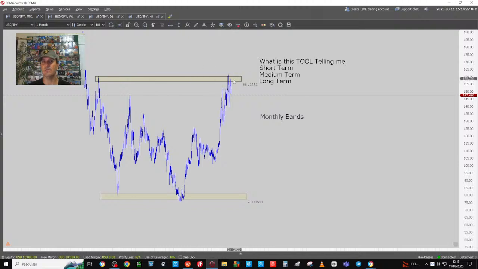What are those monthly bands telling you about how USD JPY should go, it's a probability profession? What should USD JPY on the monthly chart do? Short term, medium term, long term on the monthly chart. Type in the chat, everybody. Should fall, should go down, short, sell, or should go up, buy, long. Okay, this is one.